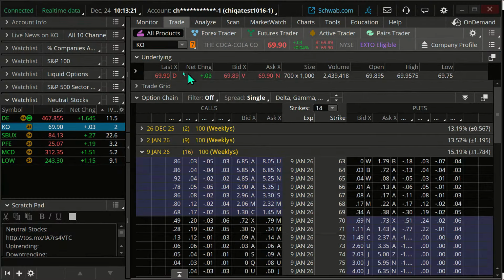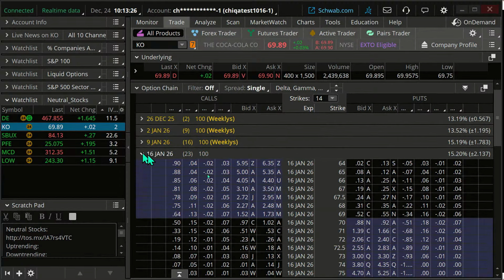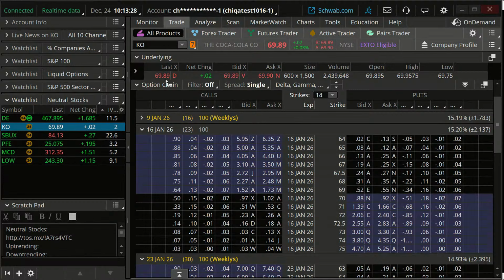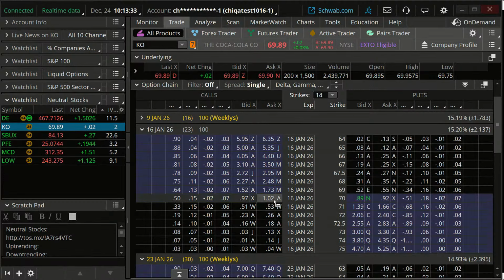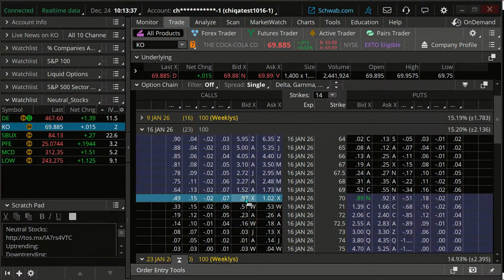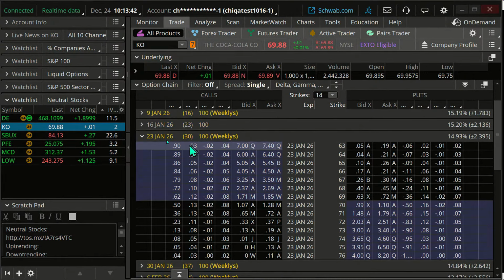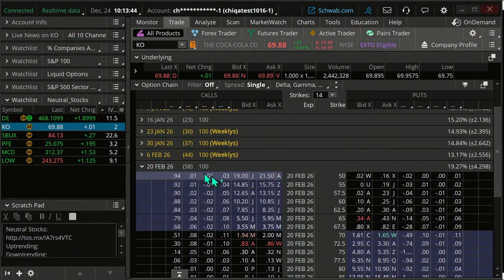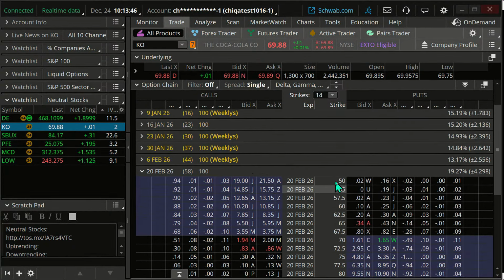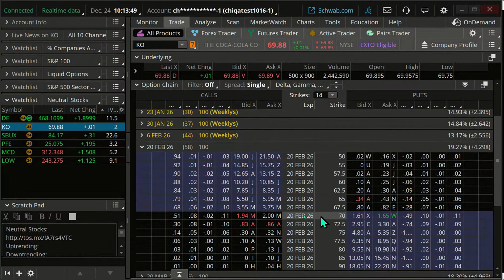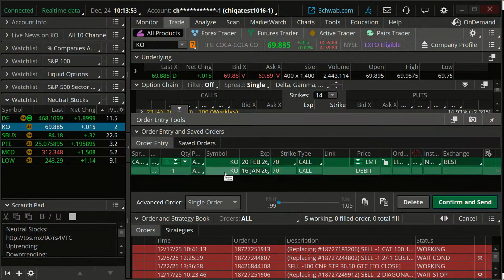If I'm going to do this, I'm going to look for a positive Vega trade. Let's do a calendar spread. How about, okay, I'll go right at 70. That's kind of right at the money. I'm going to sell my 70, and that's 23 days out. Let's go out a little bit farther in time. We'll go out 50 days. I'm going to go to the 70 and buy that one, holding down my control key. I now have a calendar spread.